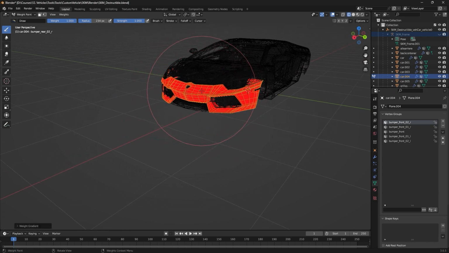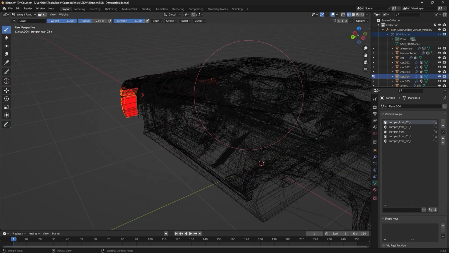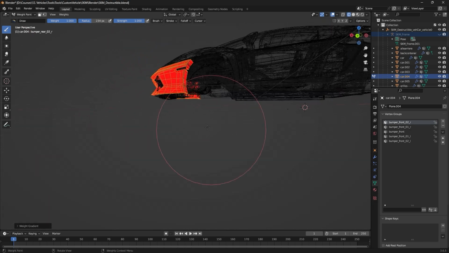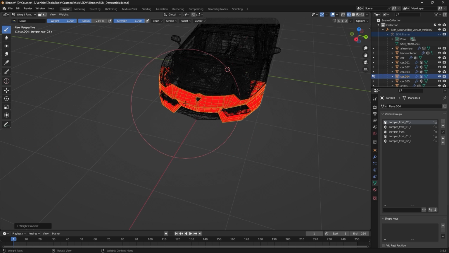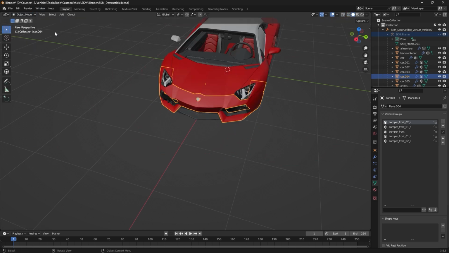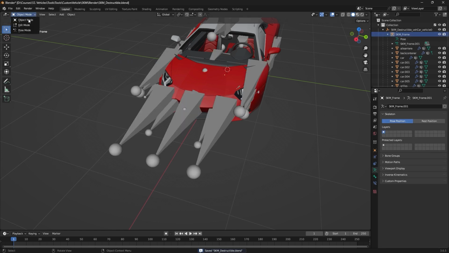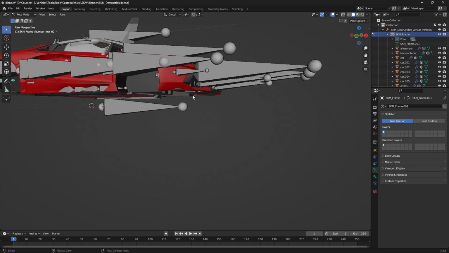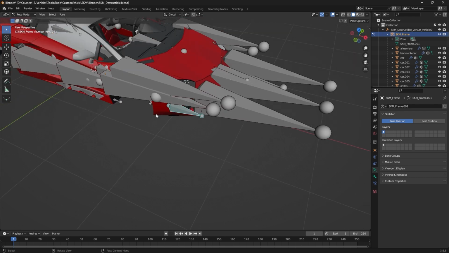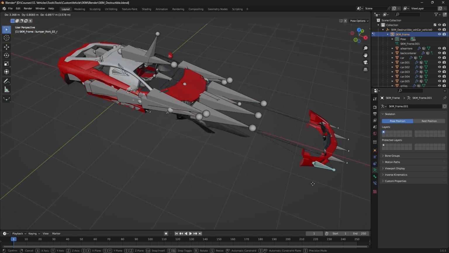If I do the Alt like this, now you can see the whole thing is red, which is exactly what we want. So if I now come here and come back to the normal mode, and if I select this skeletal mesh and tell it to pose, and if I select this one, it's called bumper, the exact same one. And if I tell it to bring this one, you can see